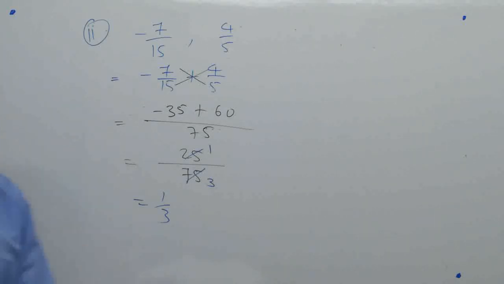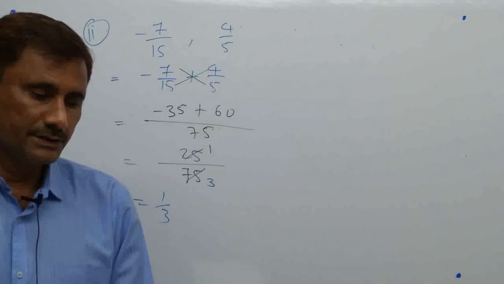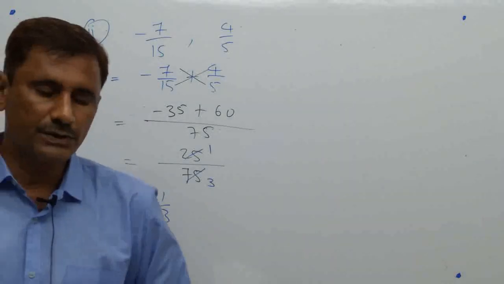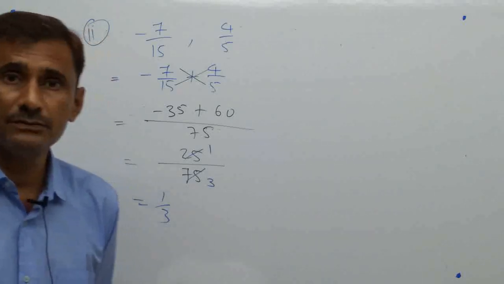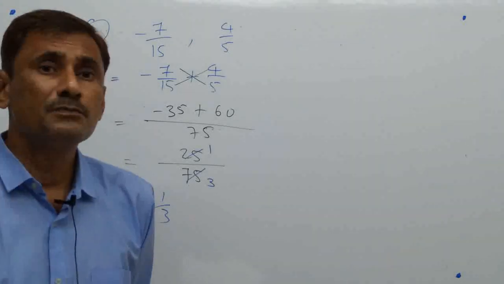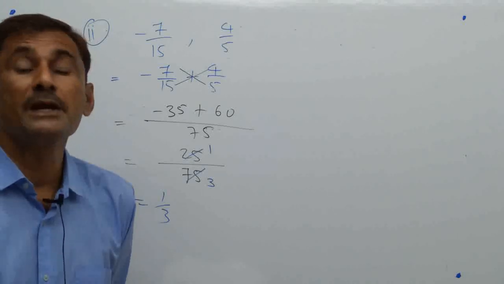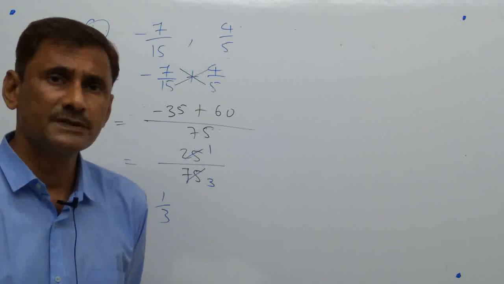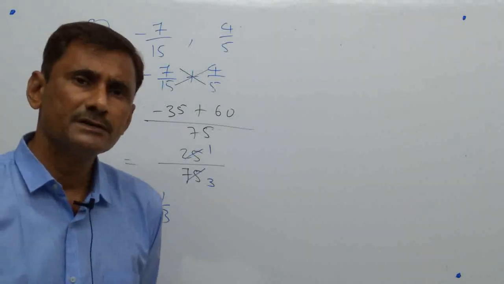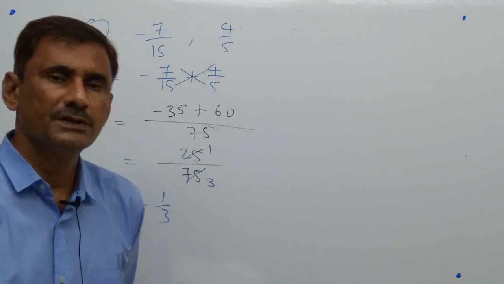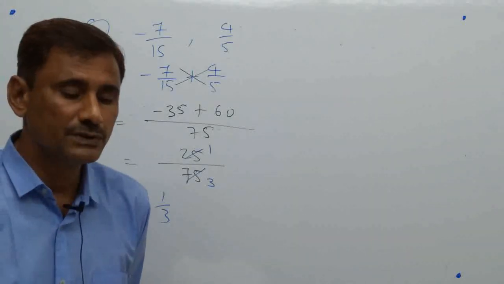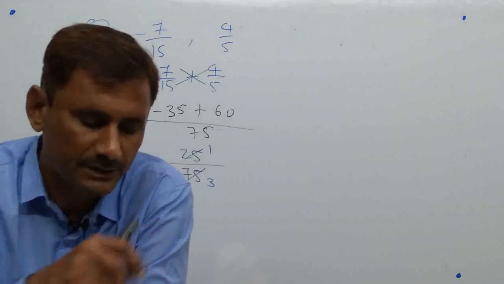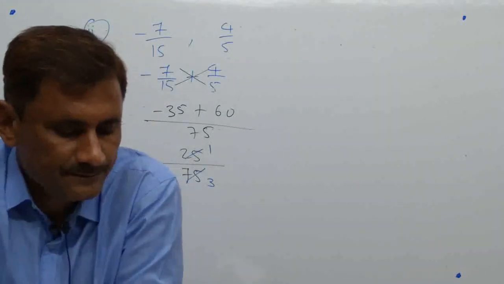Okay, then understand example number 8. It is an MCQ. What should be added to 3 by 4 so that the sum may be 0? You know the definition or property of additive inverse? Additive inverse means that only, getting a sum of 0. So if you add the opposite, then you can get a sum of 0. So here minus 3 by 4 will be the answer. So option C is there. Orally only you can give the answer.